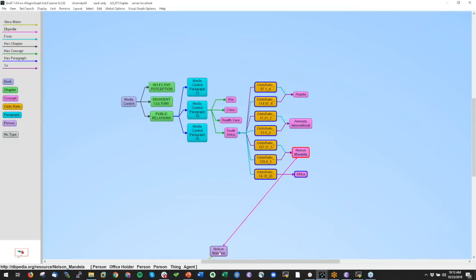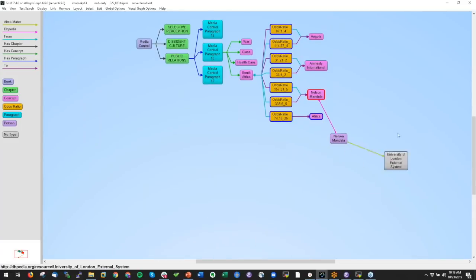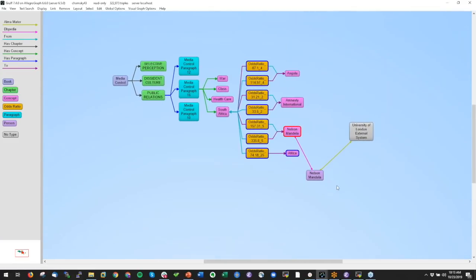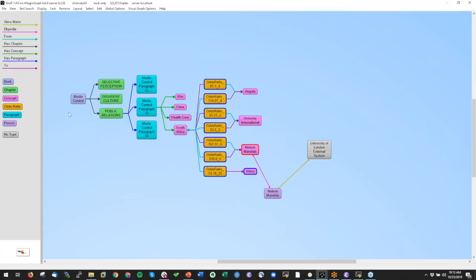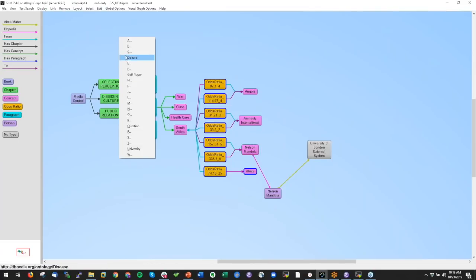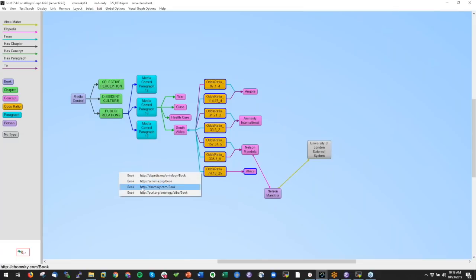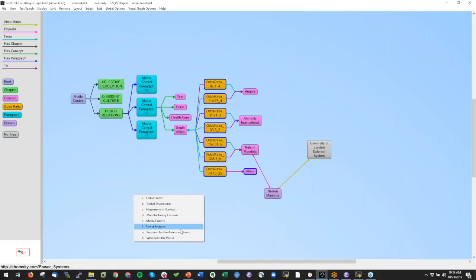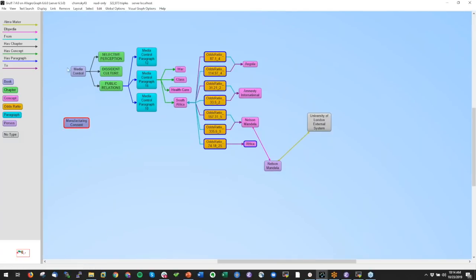Say what we have is a little impression of our knowledge graph. Say we have a bunch of books and articles. In general, I can find any book here by finding a particular book. We have different types of books. So take a Chomsky book, and we could do Manufacturing Consent. We have another book, but I chose Media Control. Usually when we get large documents, we chop them up in chapters. So the green things are chapters. Chapters are chopped up in little pieces called paragraphs. So here are a number of paragraphs.